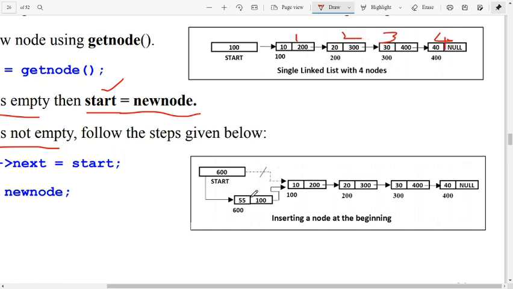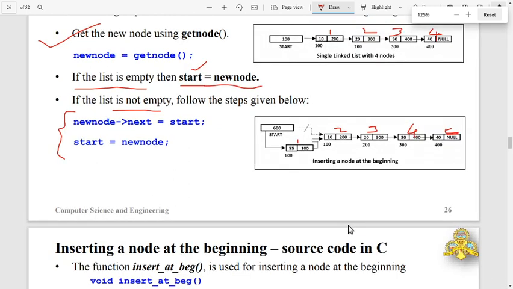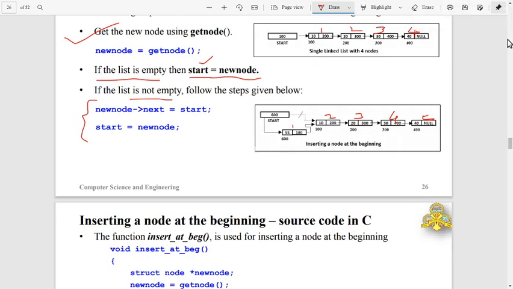After the insertion operation, this will become node 1, this is 2, 3, 4 and 5. So this is the insertion operation using logical algorithms for inserting here.